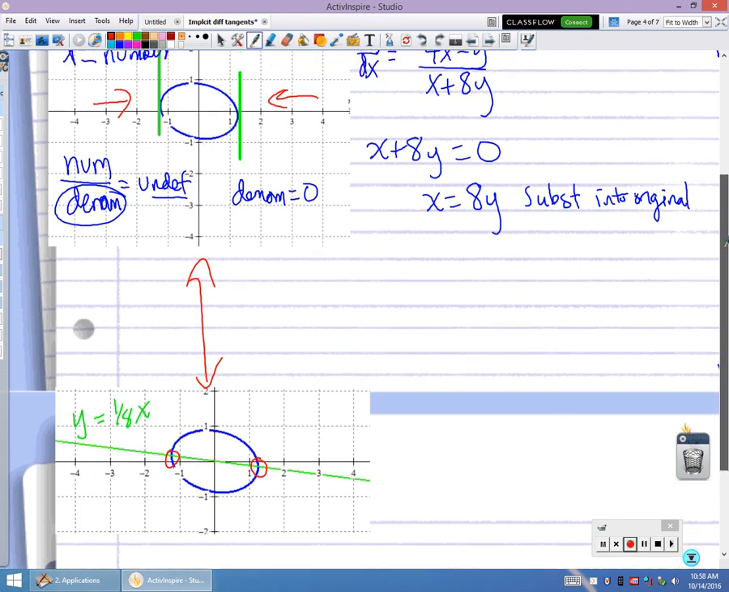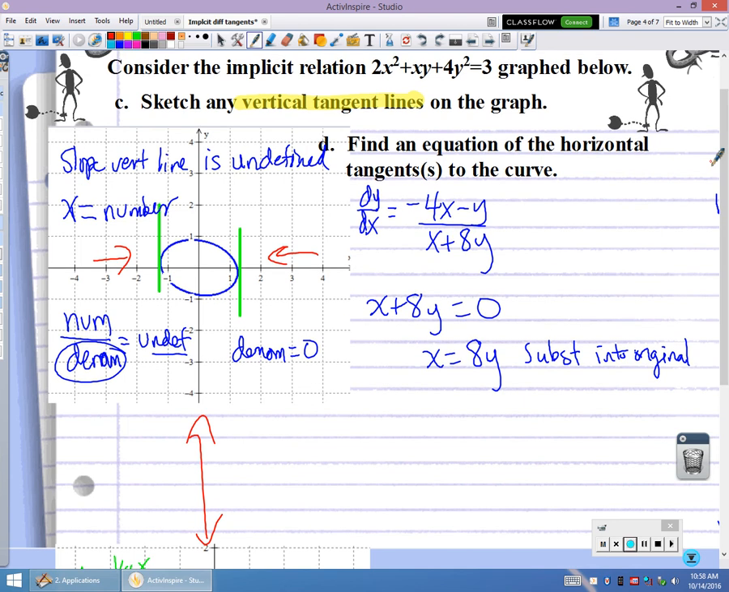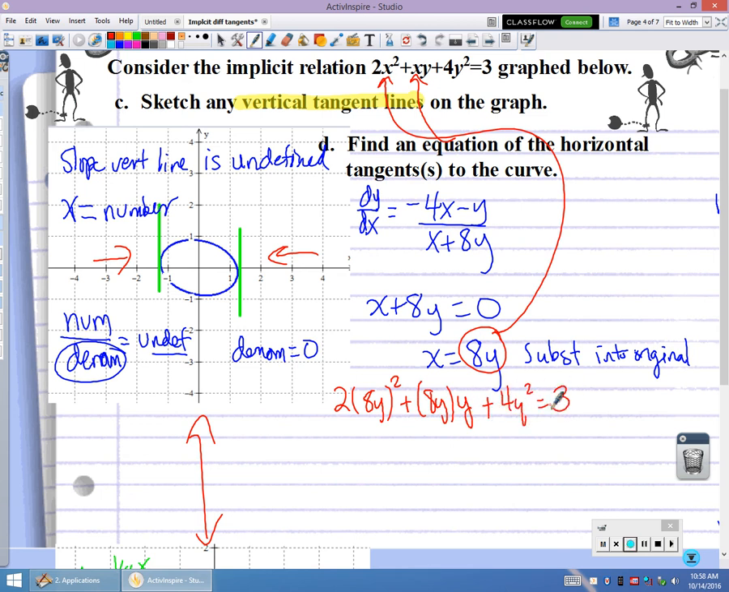All right, so let's do the algebra work because that's really all it is. This time we're substituting 8y in place of all of the x's. So I have 2 times 8y squared plus 8y times y plus 4y squared equal to 3. So I get 8y squared is 64y squared, times 2 is 128y squared, plus 8y squared, plus 4y squared is equal to 3. And then when I combine like terms,